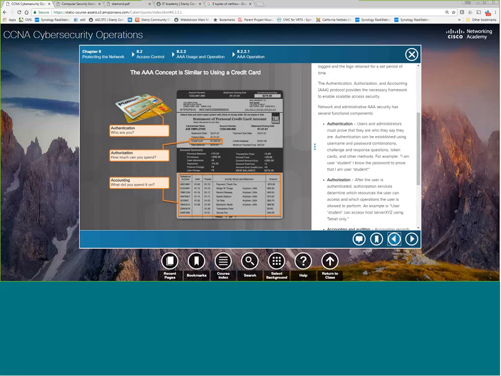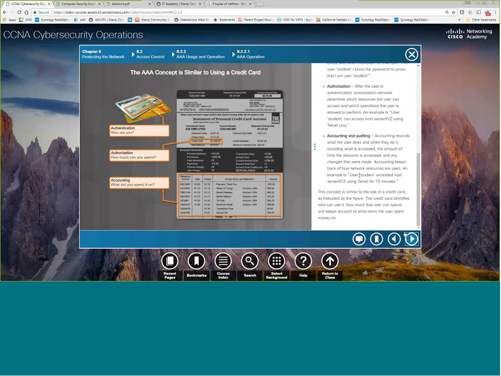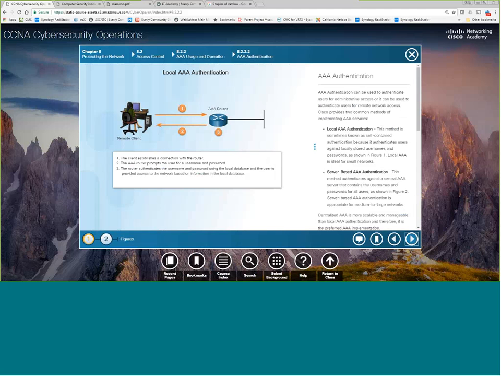AAA uses a AAA server, and there's a couple ways you can do this. One is with a AAA router and a local database. If you've done Cisco and you've done SSH, you used a local database to authenticate the user coming in with SSH to the VTY line.